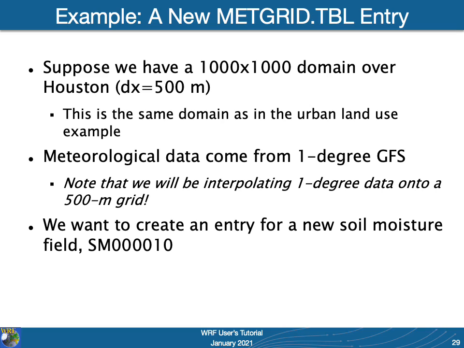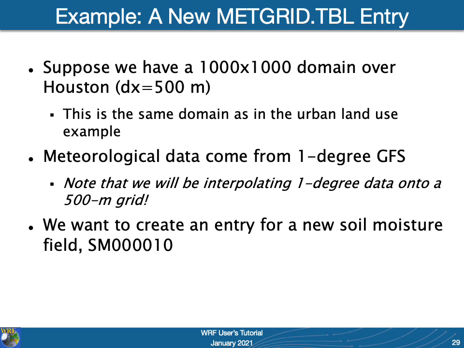So that's essentially it. The METGRID.TBL is a file that tells the METGRID program how to interpolate fields. So what we're going to do now is to look at an example of how we can use the METGRID.TBL to describe a masked interpolation to the METGRID program. So in this example, we're going to assume that we've set up a 500-meter model grid with 1,000 by 1,000 grid points centered over the city of Houston. And this is in fact the same domain that we had used in our Houston land use example when talking about the GeoGrid.TBL. So we'll assume that our meteorological data come from the 1 degree GFS,